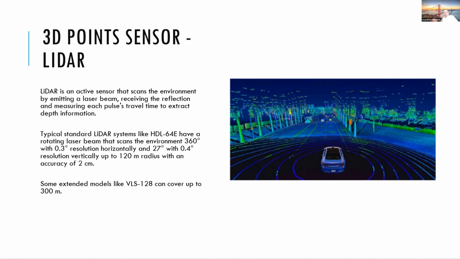Just to give a little bit of background on LiDAR, it's an active sensor. That means it's actively doing this. It's not a passive sensor in the sense that it's doing one scan and being done with it. It's constantly sending laser beams. It's based on the velocity of the laser beam that's hitting the point and coming back, and you're traveling, you're computing the distance. So typical resolution is 360 degrees horizontal with 0.3 degree dynamic resolution, and then 27 degrees vertical with 0.4 degree dynamic resolution. Okay, so that's the example of a LiDAR.